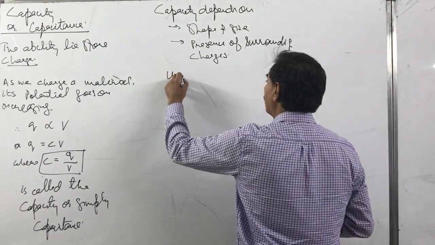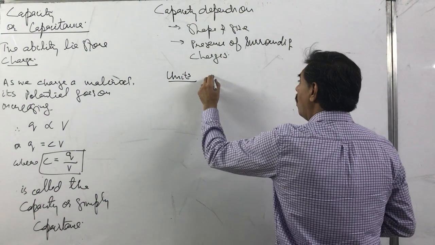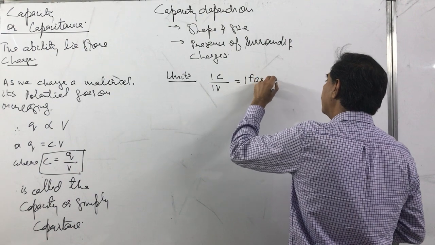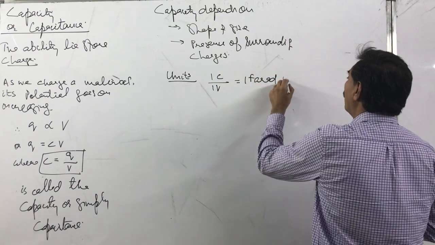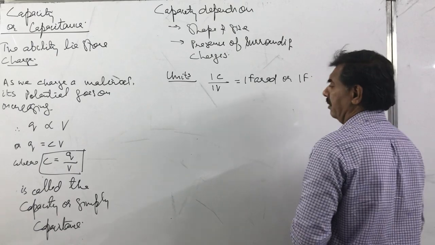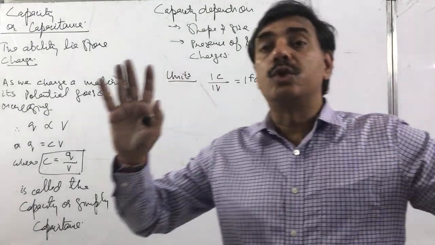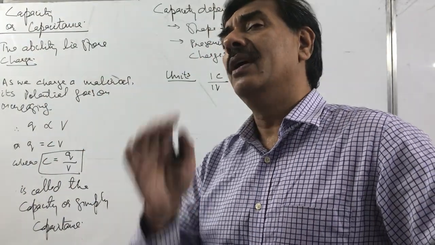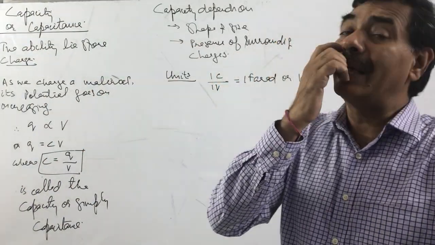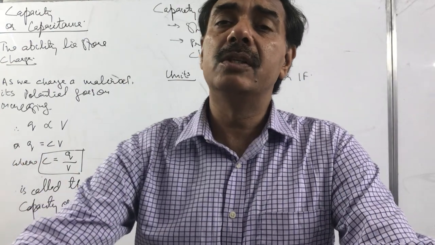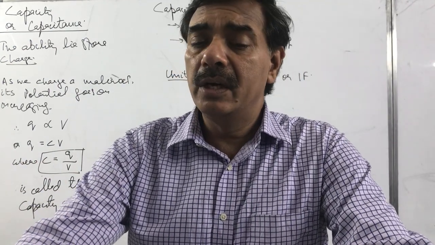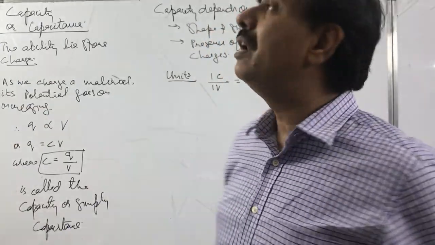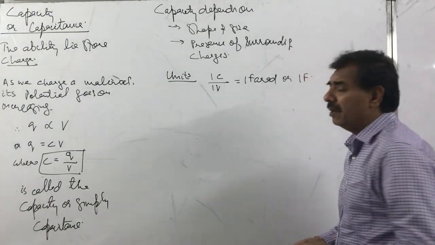Units. 1 coulomb over 1 volt, called 1 farad. Now farad is a very large unit, just as 1 coulomb is a very big amount of charge, but it is the SI unit. That is why we will have capacities of materials, spheres, plates in terms of microfarads, picofarads. 1 farad is a very large unit, but still if we have to define it, we will define it as